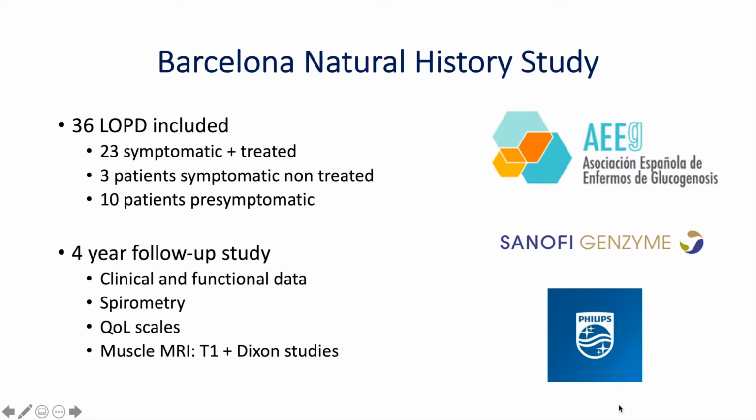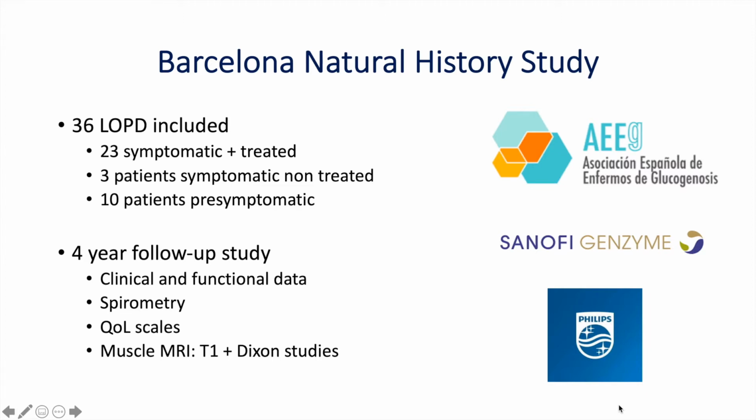23 of them were symptomatic and treated with myozyme. 3 patients were symptomatic at the start of the treatment, but they did not receive treatment at that moment. They started treatment later on. And 10 patients were pre-symptomatic. So we followed up this cohort for 4 years